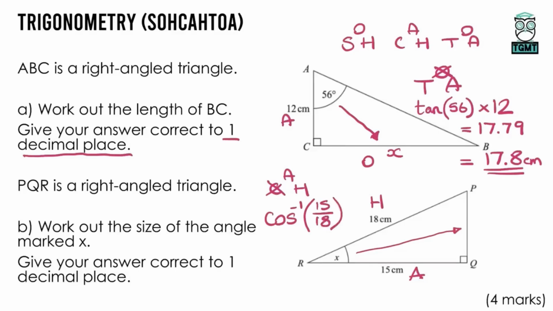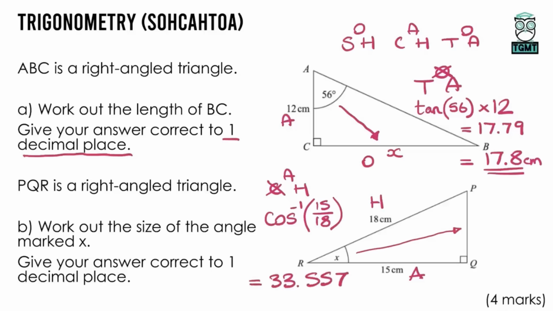You can close the bracket if you like. It doesn't really matter in this particular one because nothing's going after the bracket, but it's always good practice to make sure you do close the bracket so we don't forget in other scenarios. So 15 over 18, and we get the answer